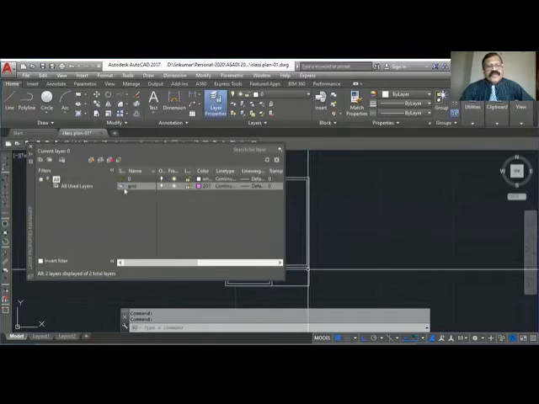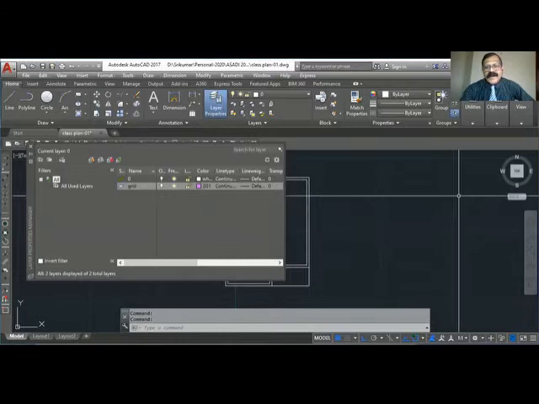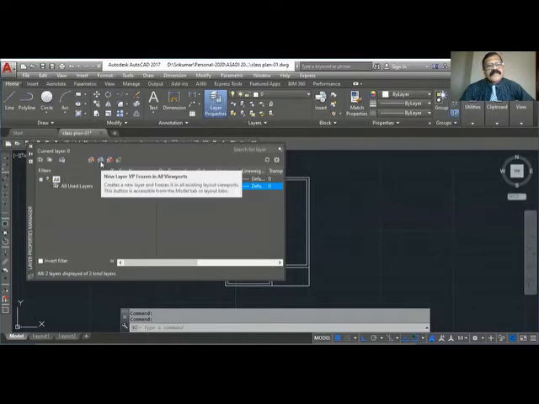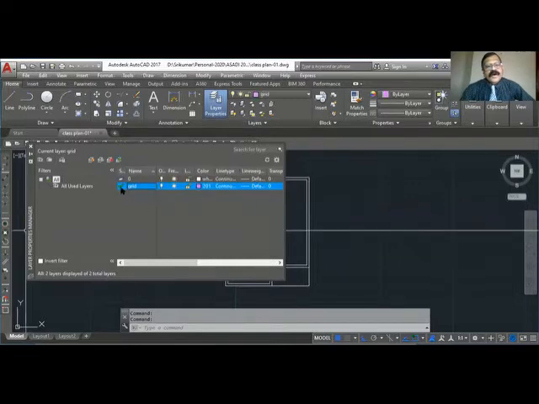Whichever layer is current, you will be drawing there only. The tick mark shows that you are in 0 layer. That is the current. So I want to make grid my current layer so that I can draw in the grid layer. Click here and select here. The fourth button shows set current. Click. So now you are in the grid layer. When you draw, whichever layer is current, you will be drawing there. So I had 2 layers, 0 and grid. I selected the grid and said current.